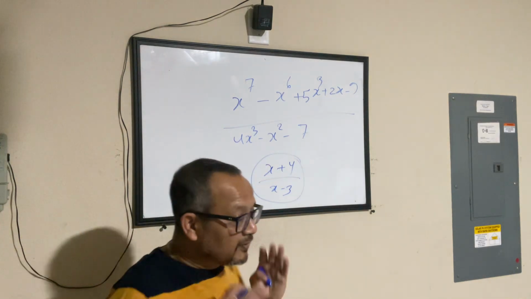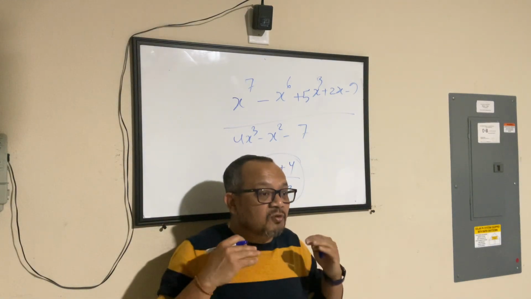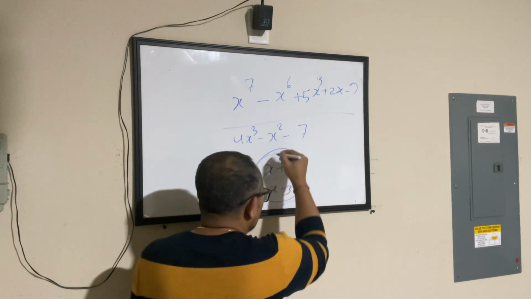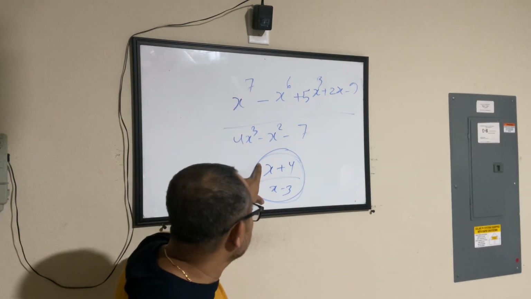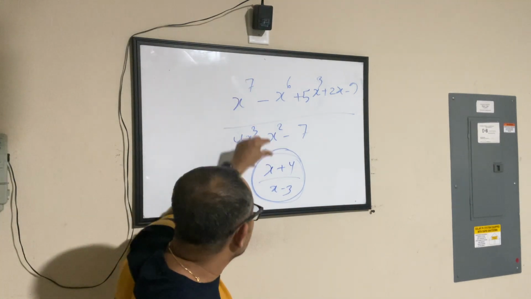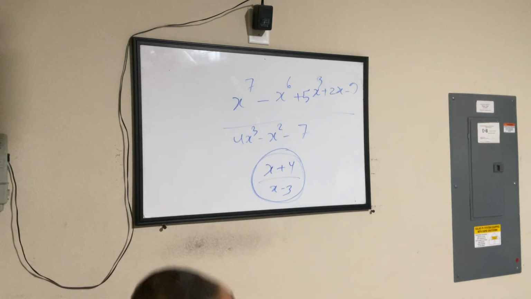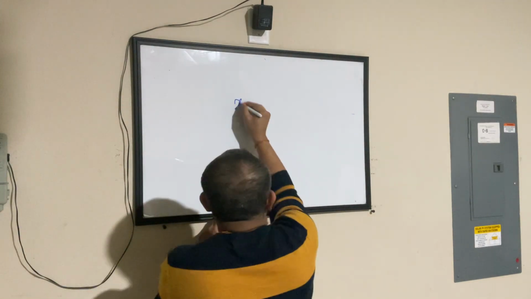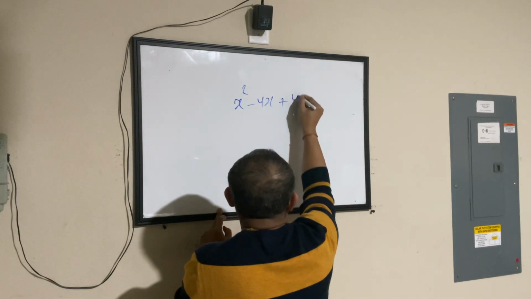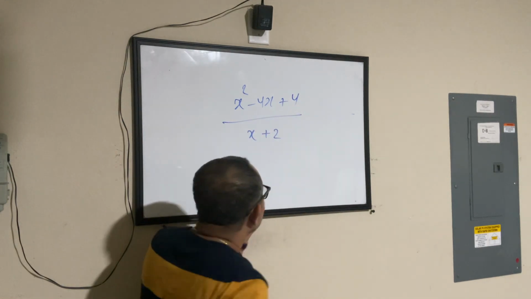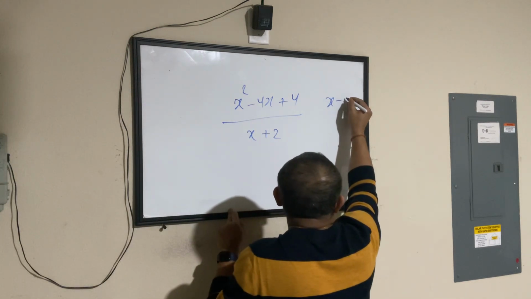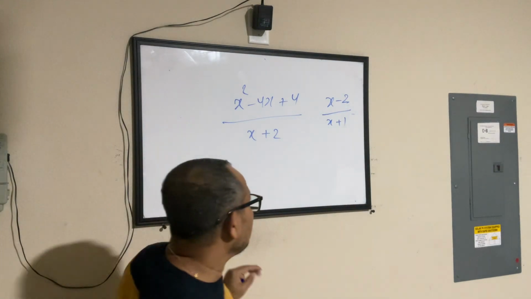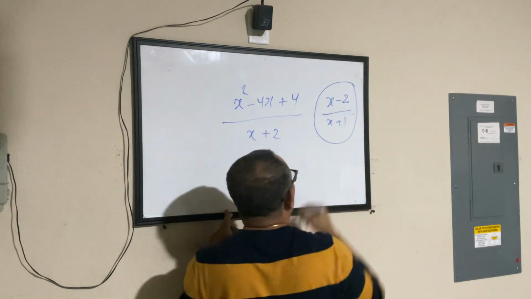So essentially the first thing that we want to do when we deal with a rational expression is simplify it to the lowest term. When you say lowest term, meaning something which is much simpler in nature, something which has lesser value when it comes to the exponent. So if you have to compare, let's say, x squared minus 4x plus 4 by x plus 2, between this one and x minus 2 by, let's say, x plus 1,